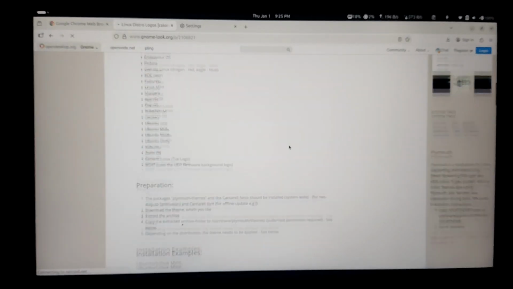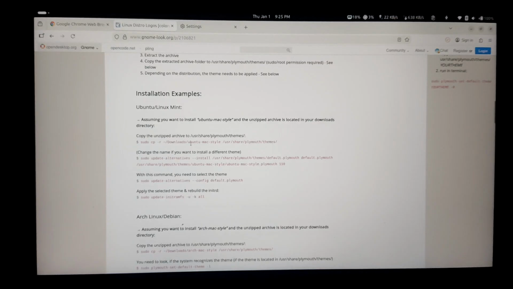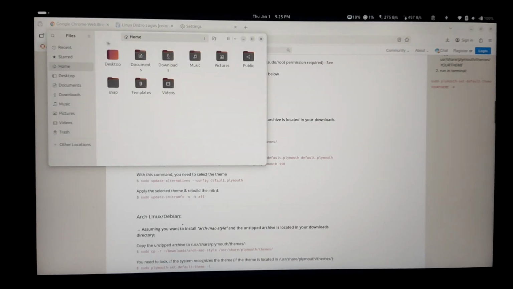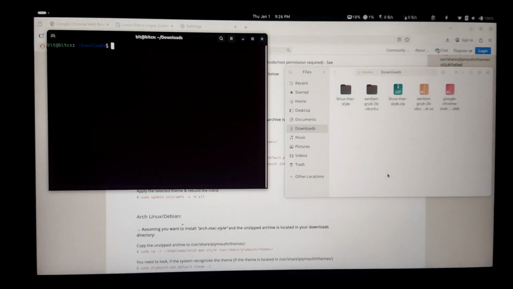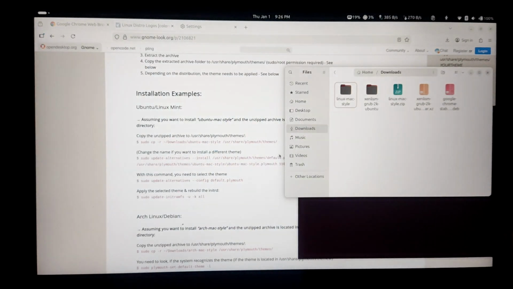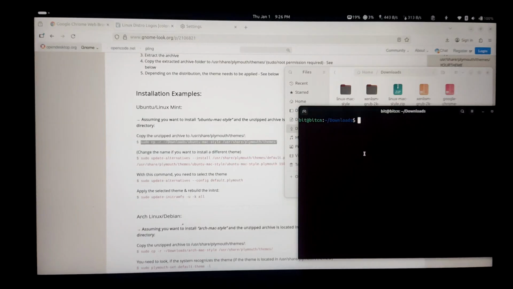This installation is a little bit different. The steps are mentioned here. Okay, so what I will do, I will first extract it. I have extracted it. I will open a terminal here. It is saying to run this particular command. Okay, so I will copy this particular command, and in downloads I will run this, but here the theme name is different. So I will name it differently. It is a Linux something. Okay. So done. Next is